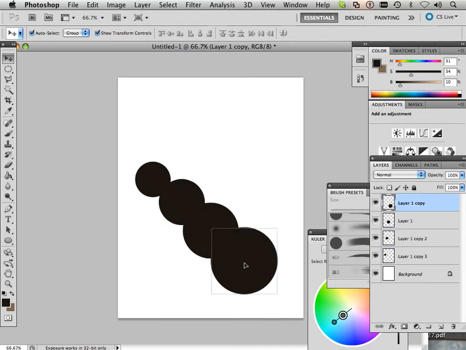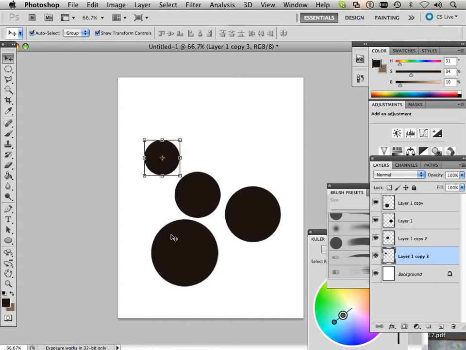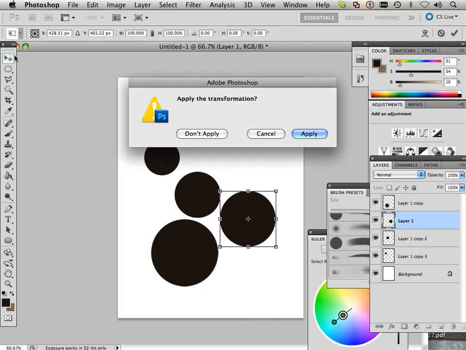So now I can mess these up a little bit because they're all on different layers. And we're going to pretend, for instance, this is the one I'm paying attention to. That means the first lesson of depth is depth of field. And here, what I'm going to do is take these others